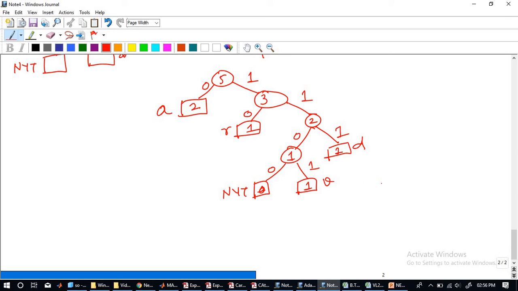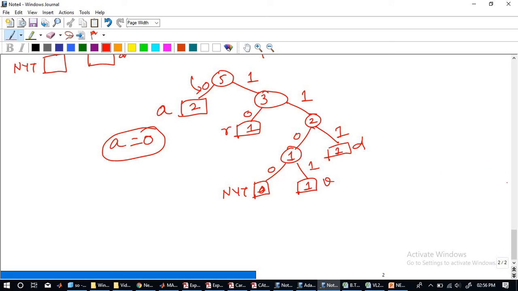Can you quickly do it for A? Because we are left with 2 data only. What will be the code for A? Because A appears for the second time, we don't need to go through the NYT process. We will only take the weight which is given at A. So we will traverse from the root node to A and take the corresponding weight, which is 0. So for the last but one A, when it appears, the weight of the encoded value is 0. Just take the second condition which I mentioned.